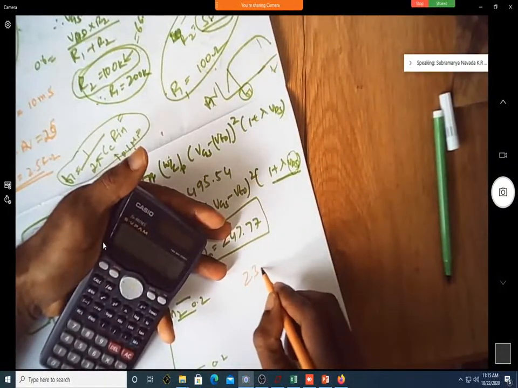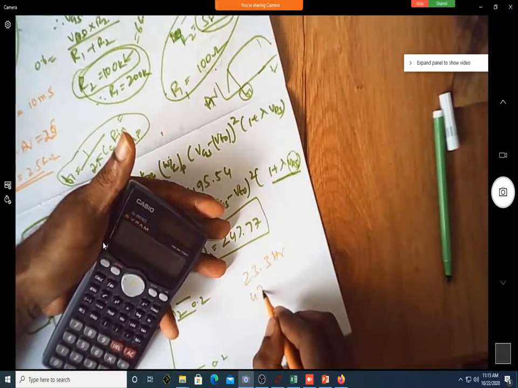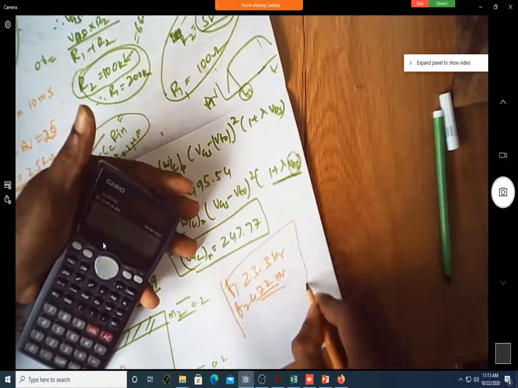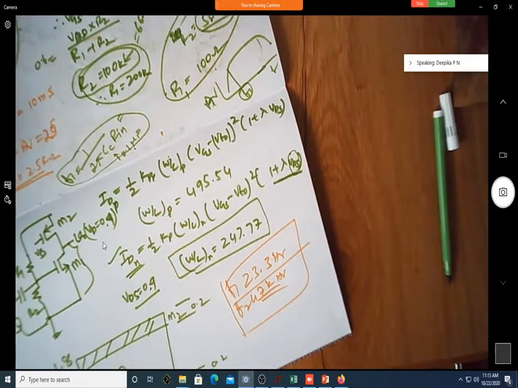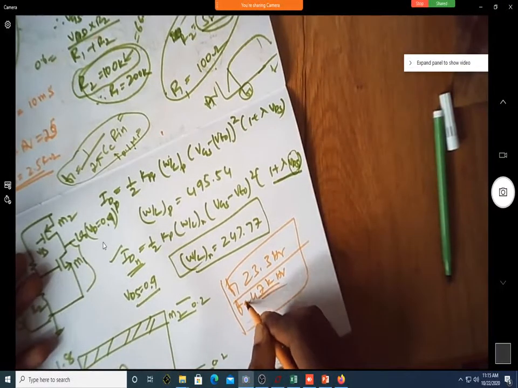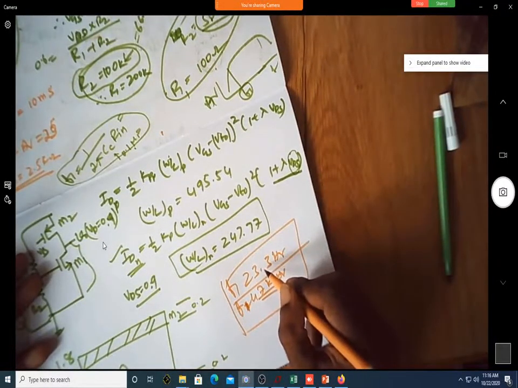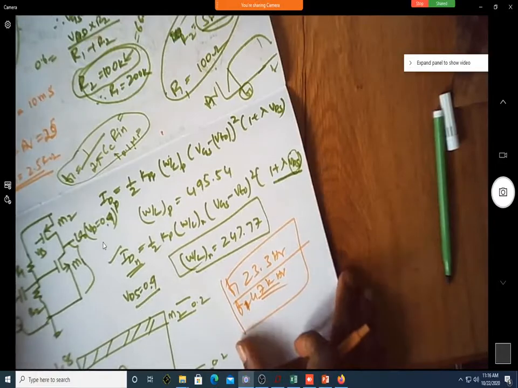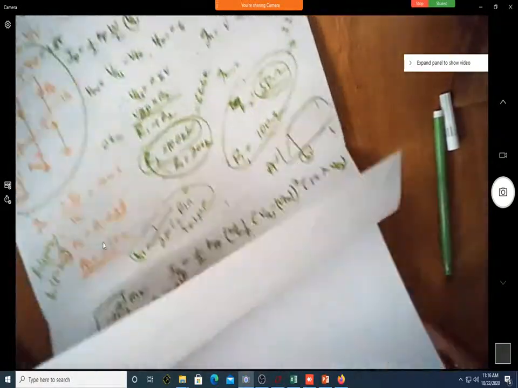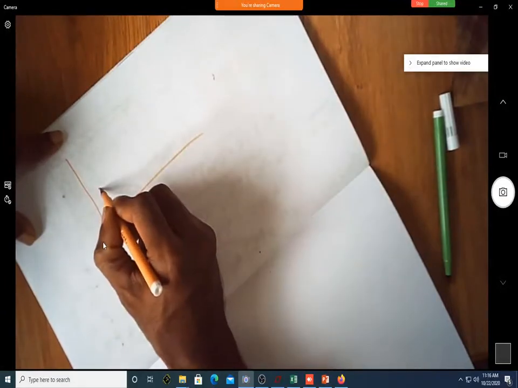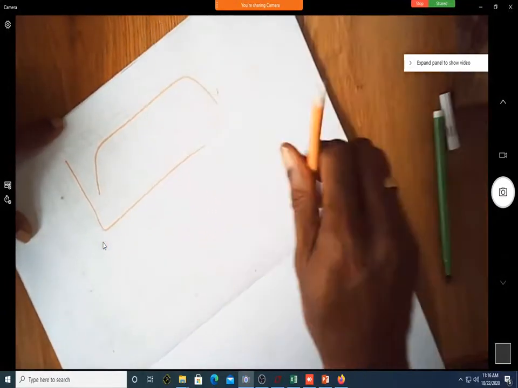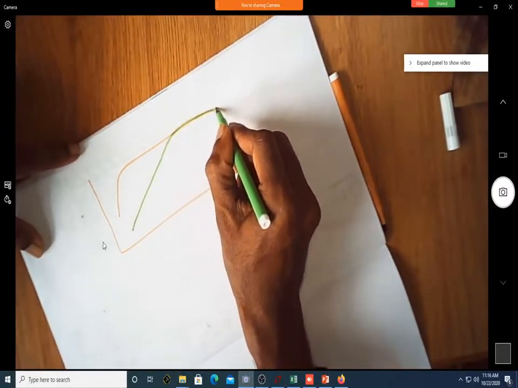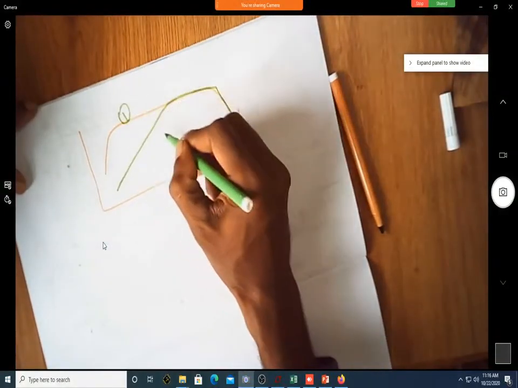You can see one is 23.3 hertz, other one is 47 kilohertz. Which one you prefer for a better amplifier? This is still F1. In the first case it is 23 hertz. In the second case it is 47 kilohertz. So let me write the probable frequency response. In the first case it comes like this. In the second case it is actually like this. Which one you prefer, either 1 or 2?